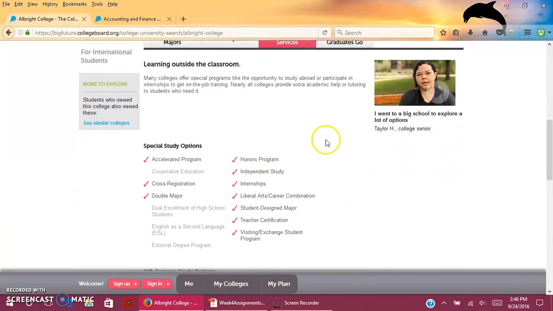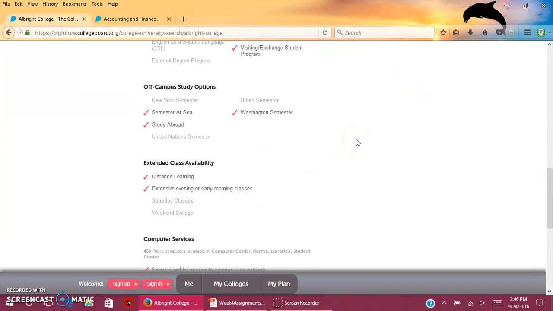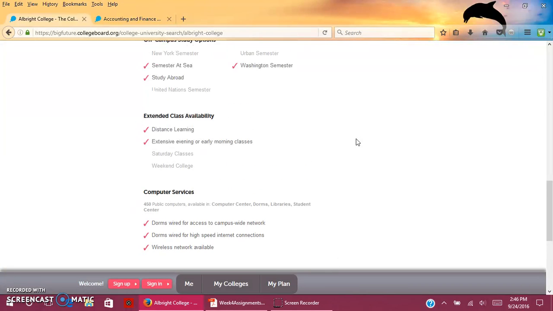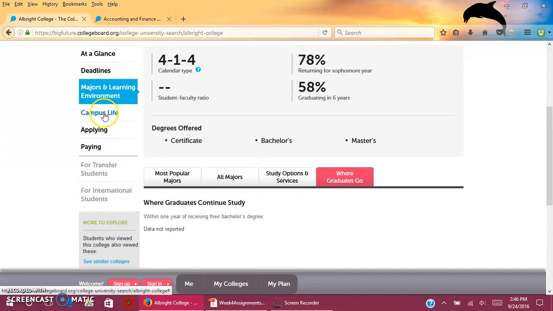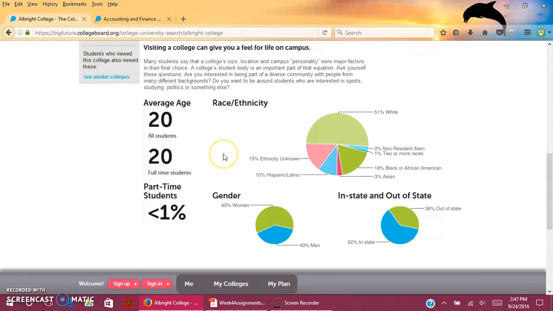Study options and services. Special study options available. If there's off-campus study options, extended class, what kind of computer services are available, where do graduates go. This school doesn't have the information. Next, we look at campus life. Talks about the number of students, undergraduate, degree seeking, how many graduates are enrolled, the student body, what their race and ethnicity and gender,